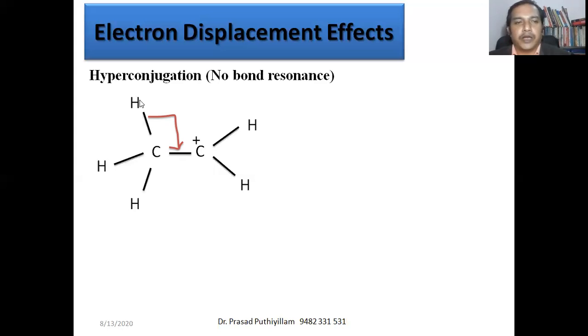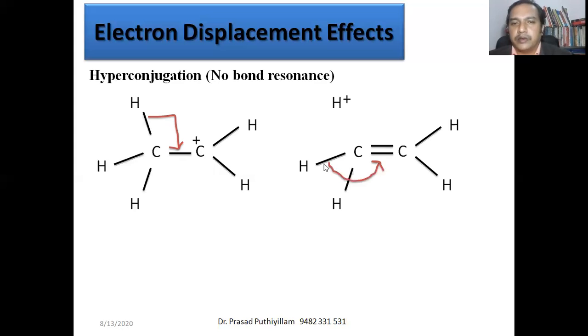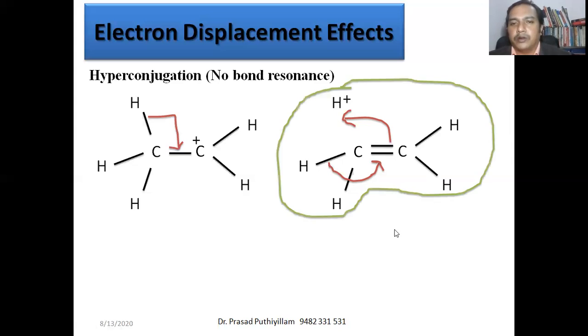Then hydrogen will lose one electron and get a positive charge. So you can write a structure like this: hydrogen with a positive charge, and carbon-carbon forms a double bond. Now if this double bond goes back, or if this CH bond tries to form a bond here, that is also possible. That means even this carbon-hydrogen can share that positive charge. This goes back, or it forms a CH bond, because H plus is not stable. When it moves back, this CH bond can shift here.